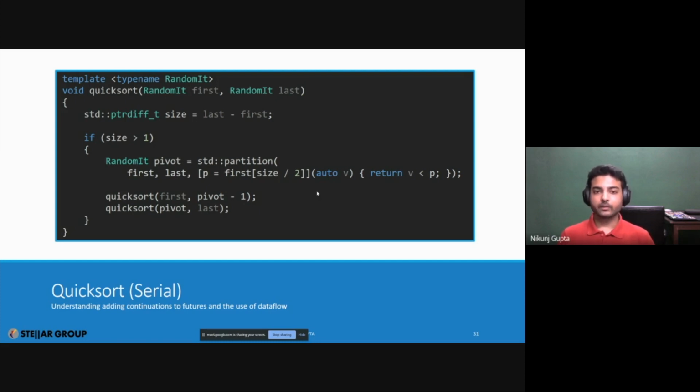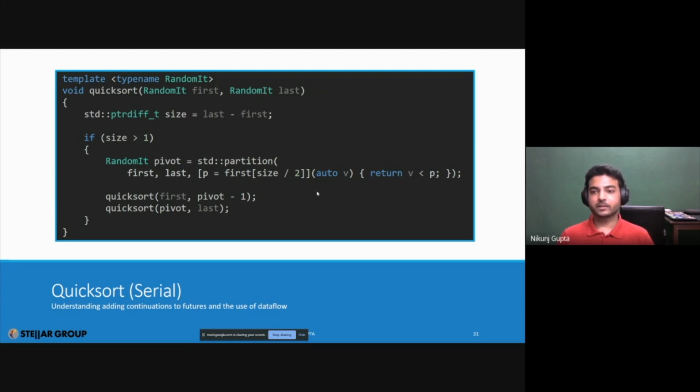And the partition function and the pivot actually work in a way that all of the elements to the right of that pivot will be greater than the value of that pivot, and similarly, the elements left of that pivot point will have value less than the pivot. So in the end, what you end up with is 2 subarrays, such that all of the elements in the right side of the container will have values greater than the pivot, and similarly the left side will have values less than the pivot.